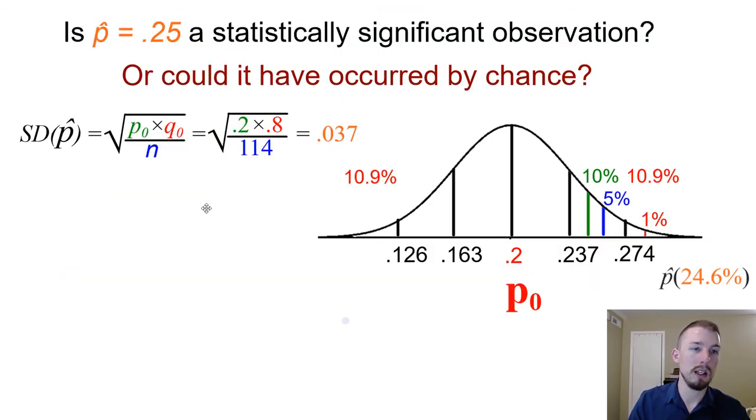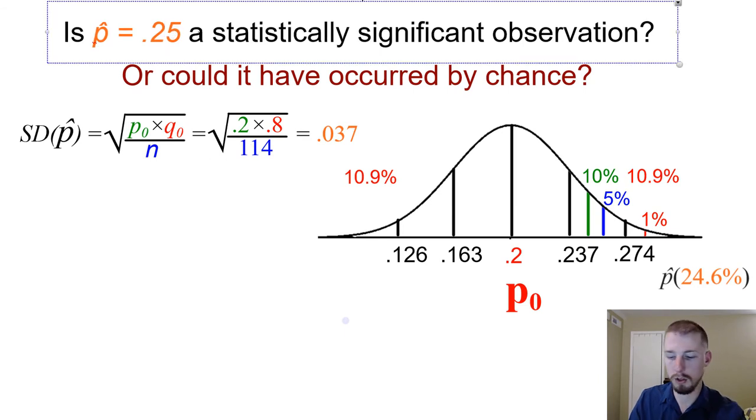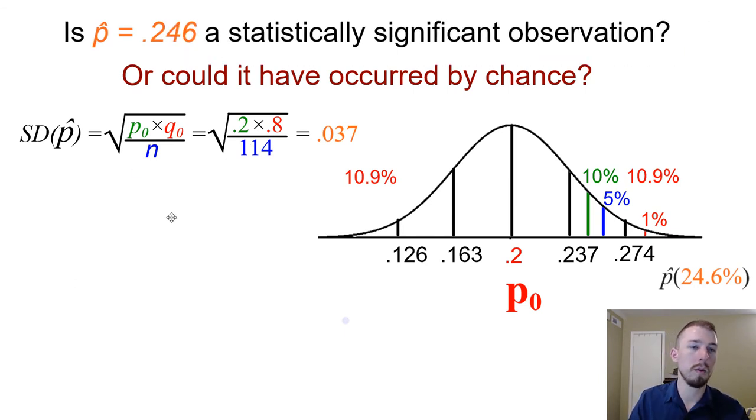So the question is a sample proportion, it's actually 0.246, I believe. Okay, so is a sample proportion of 0.246 a statistically significant observation, or could it have just occurred by chance? So it is higher than what we would expect, but we also expect samples of that size of 114 to have a certain amount of variation, and so the question is, how far is it from what we would expect? So our standard deviation was